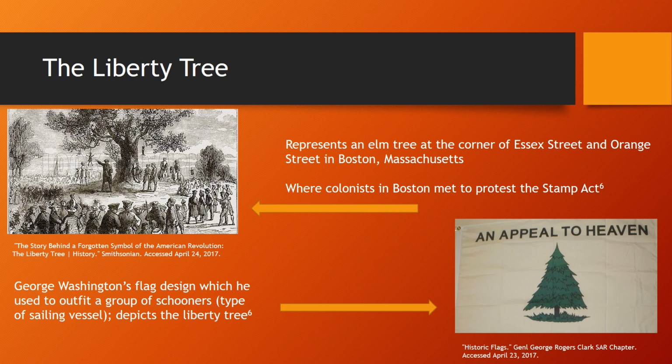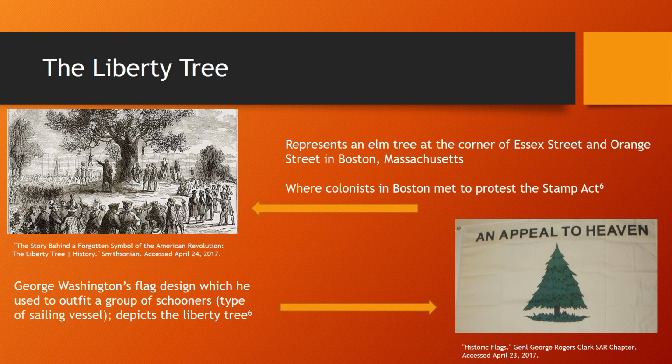It's also rumored that quite often they would lynch loyalists from these trees, this tree in particular. The symbol grew and was represented by other trees throughout the colonies as well. During the Revolution itself, this was a rather popular symbol. As you can see in the bottom right, this is a design by George Washington. That is a flag design that he used to outfit a group of schooners at his own expense, depicting the